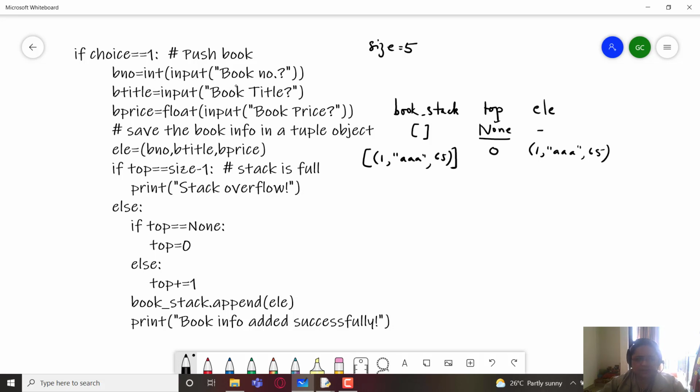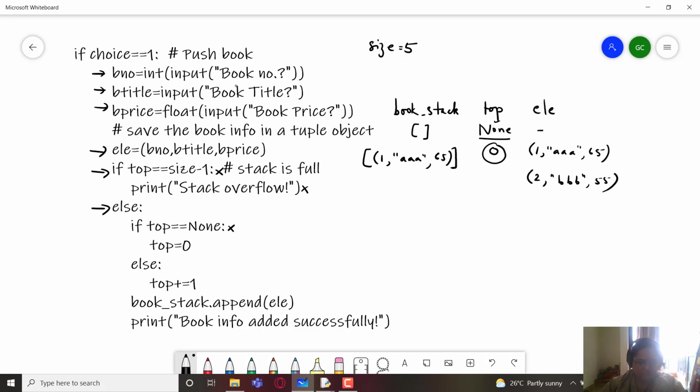again we ask for all the three values, that is these three statements, and we will save everything in element. So again let's take this one. Then if top equals size minus 1, again this condition has not been reached, so there is no stack overflow. We go to else part. If top equal to none, now the value of top is 0.